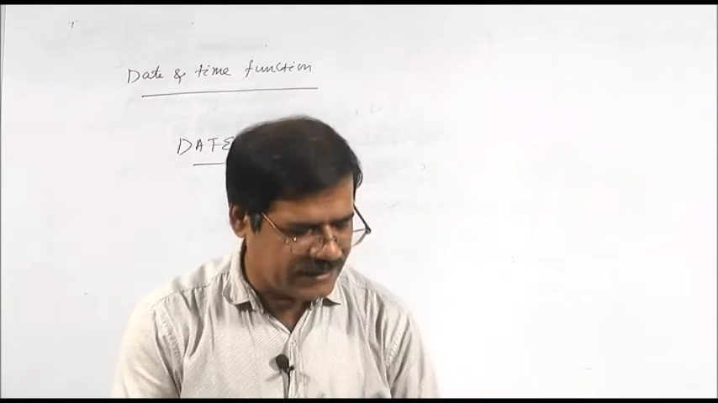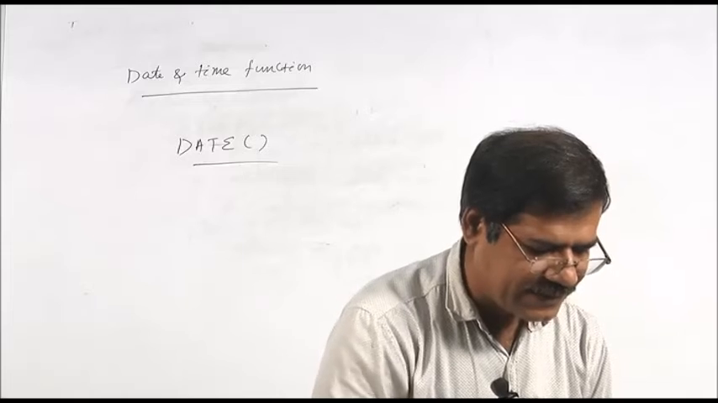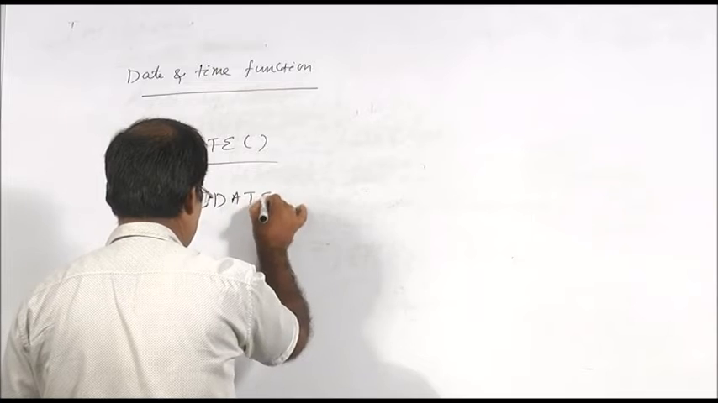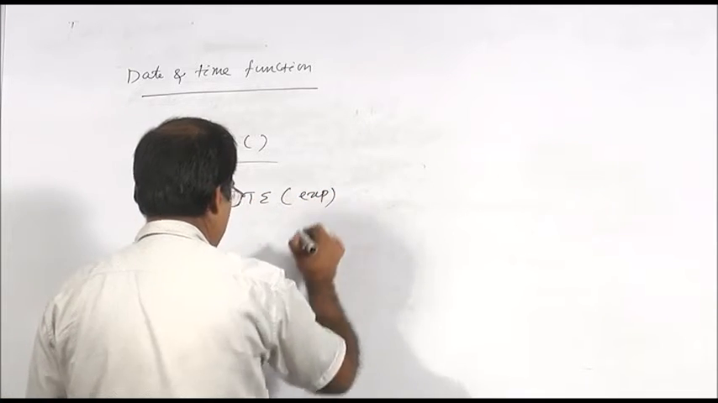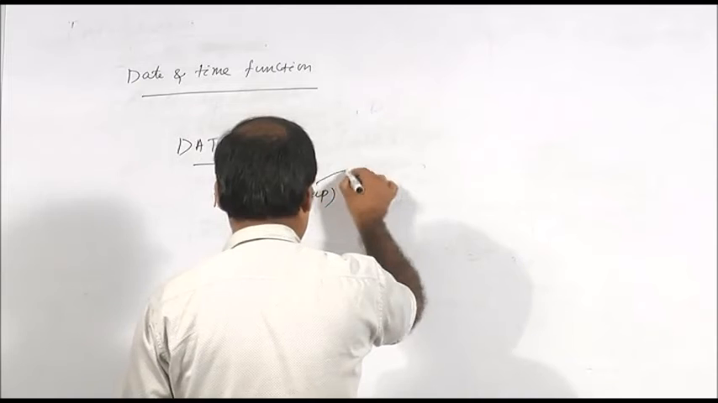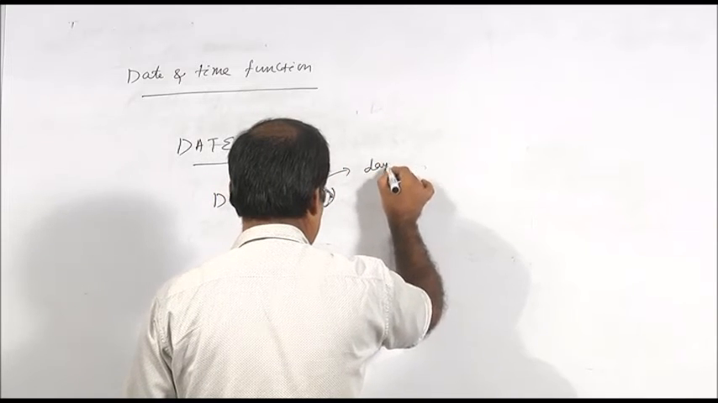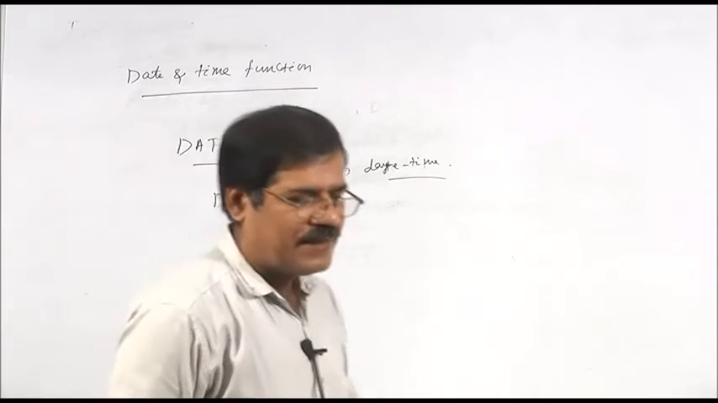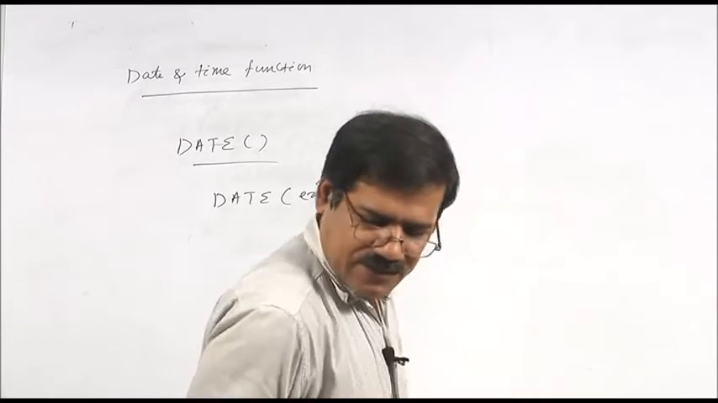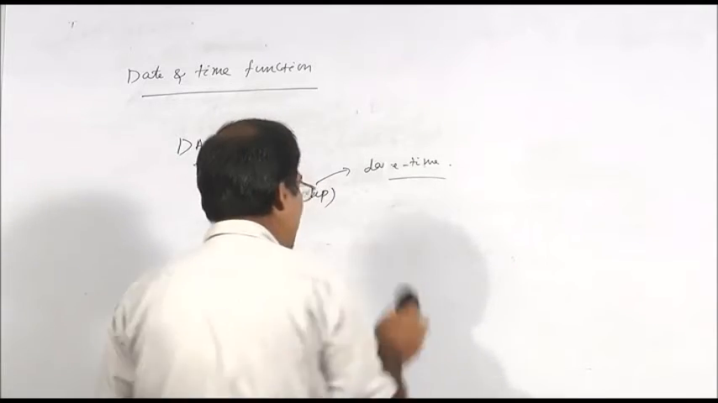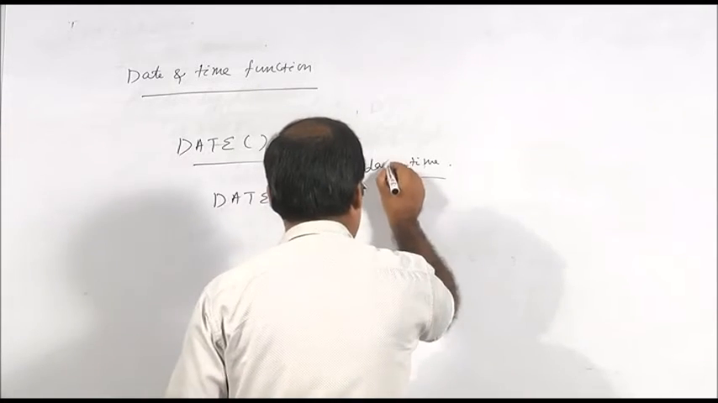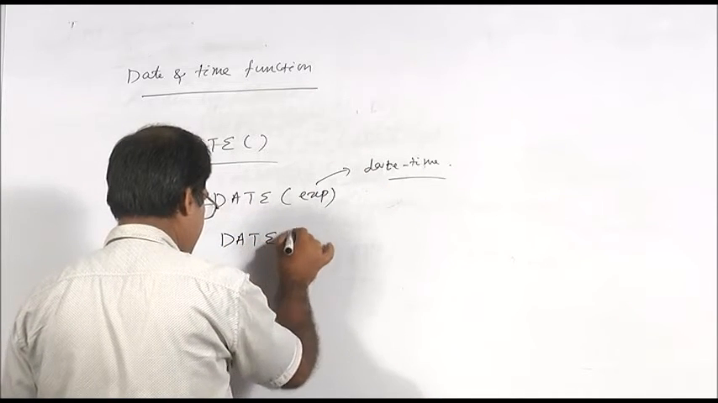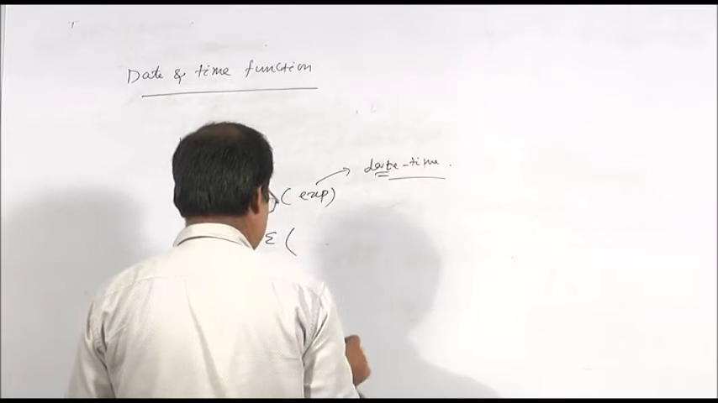It will show you the date. That means a particular date, like this. So you write DATE, expression. What expression? The expression is a date time expression. Date time means what is a date time? So date as well as the time is given. So like this, suppose I will write date. What is your date? Date is